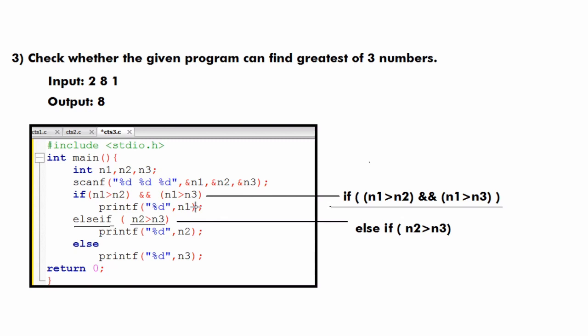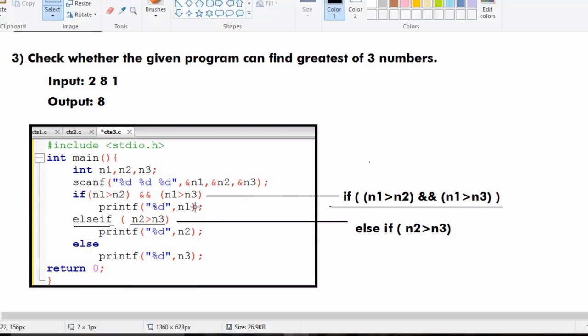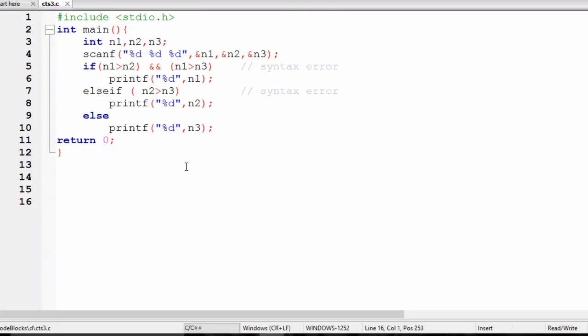So now let's move to the compiler. I will copy this code to the compiler. Now this is the same code that was given in the question. If I execute this code, as you can see, there is a compilation error on this line. So for that, we are putting a closing and opening bracket. Now after this, if I again compile this code, I am getting a compilation error on this line because there is no space between else and if. So for that, I am giving a space here.